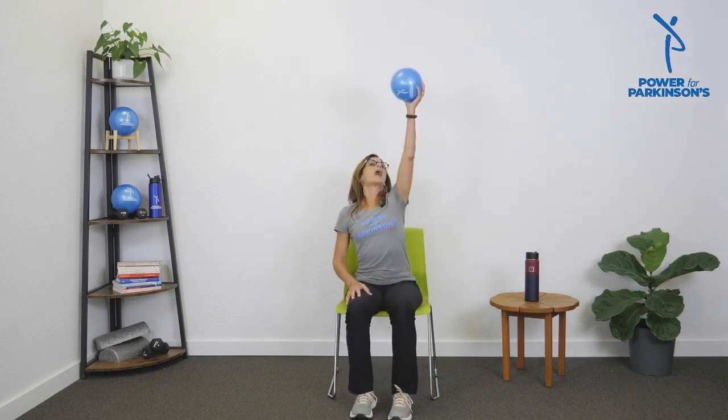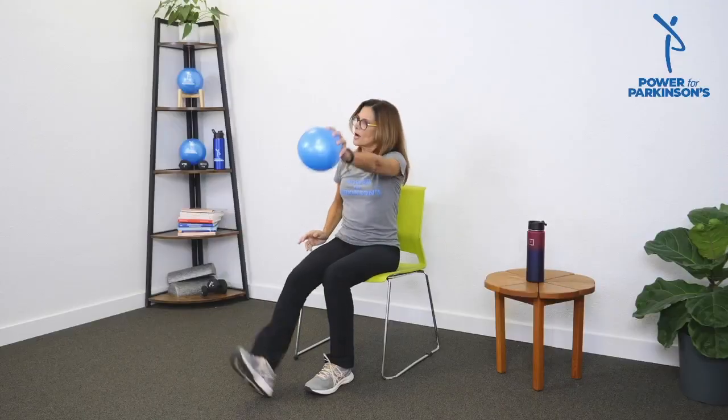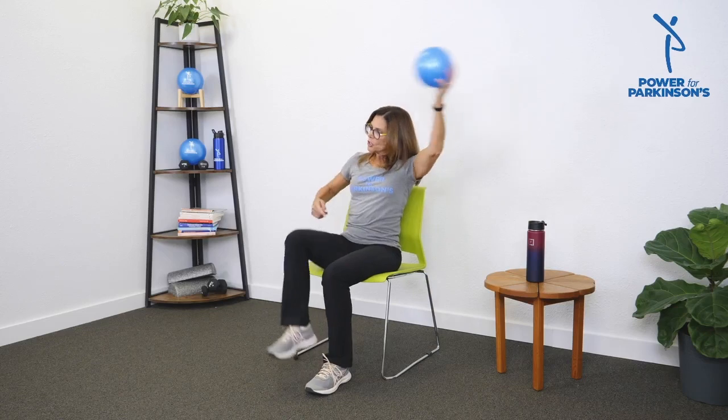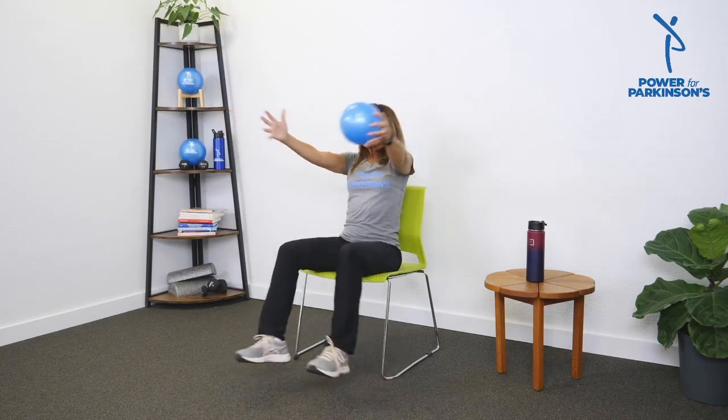top, go, cross, tap, out, in, reach, up, down, punch, switch, cross, tap, out, in, up, down, punch, front, back, front, back, front, back, tap, 1, 2, 3, switch, front, back, front, tap it, 1, 2, 3, jack, out, in,